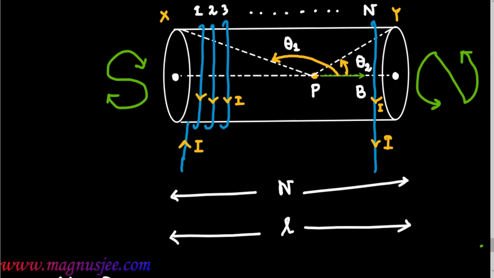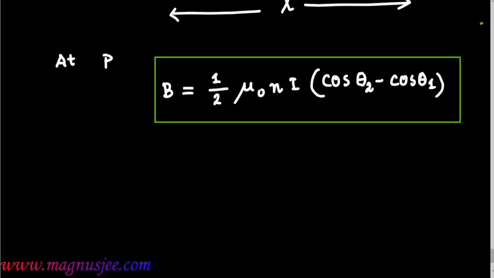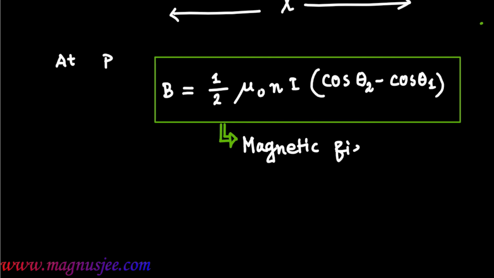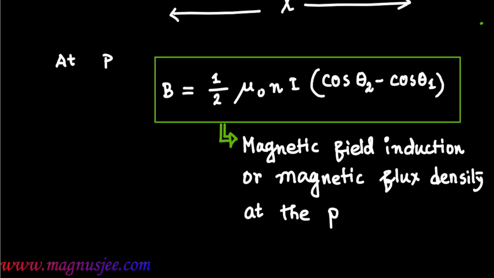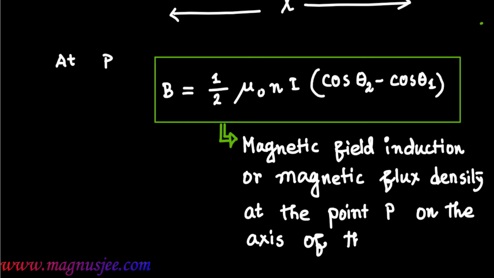So B equals half mu 0 n I (cos theta 2 minus cos theta 1). That is the magnetic field induction, or magnetic flux density, at the point P on the axis of the solenoid